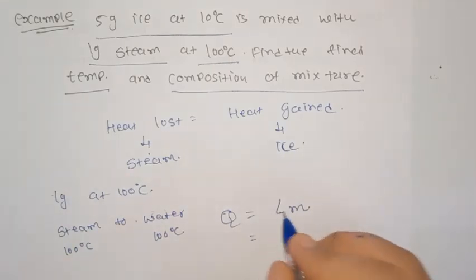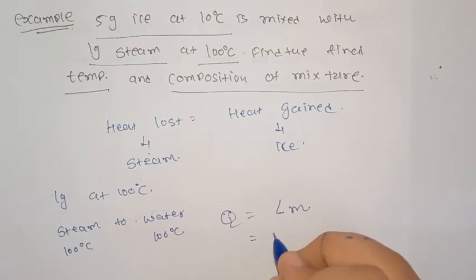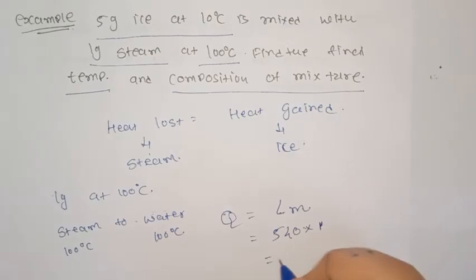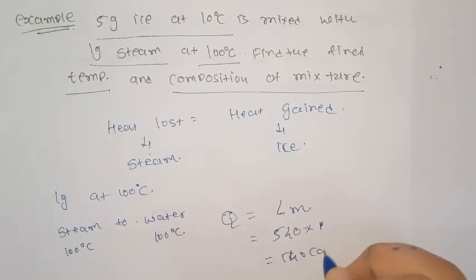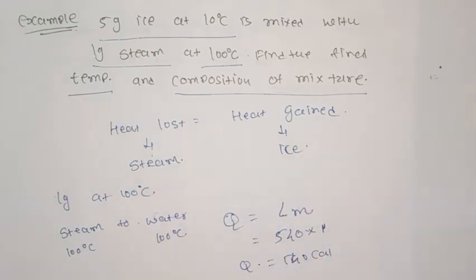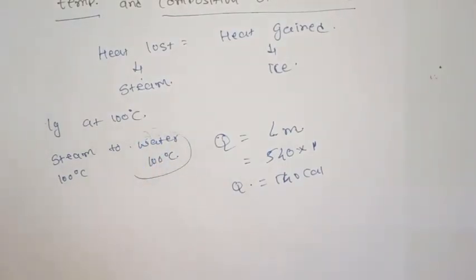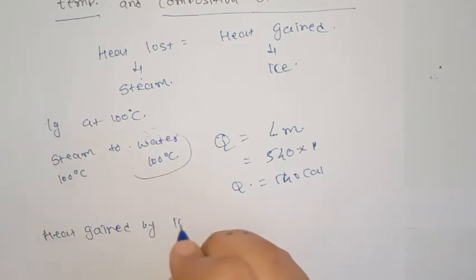The latent heat of vaporization is 540 into mass is 1, so that will be 540 calorie. Now, after that we have water at 100 degrees Celsius. Now, the heat gained by ice